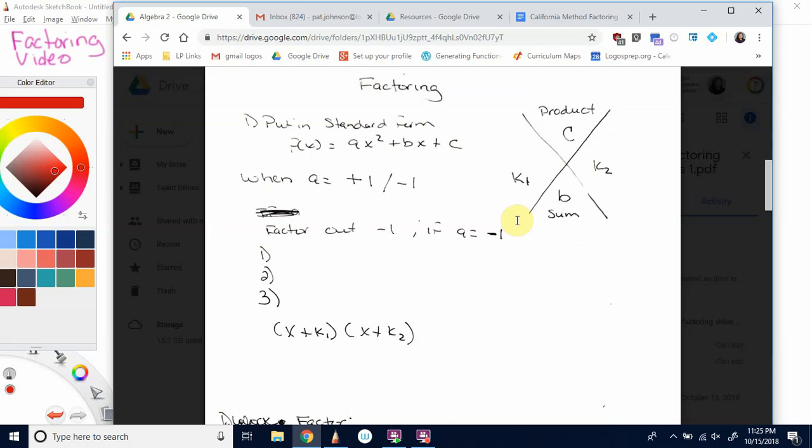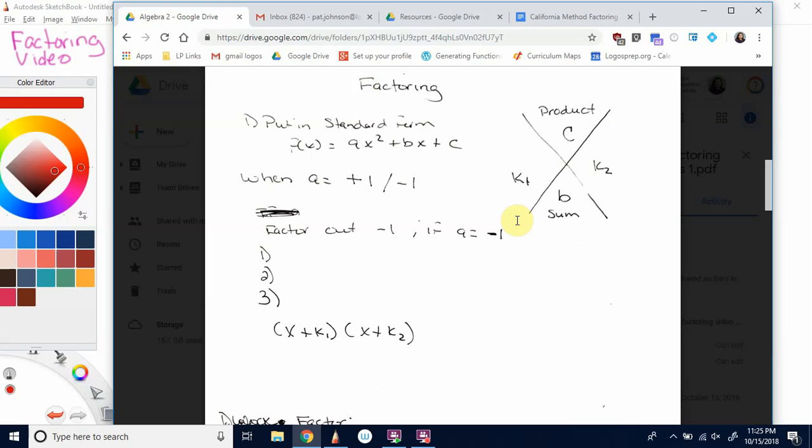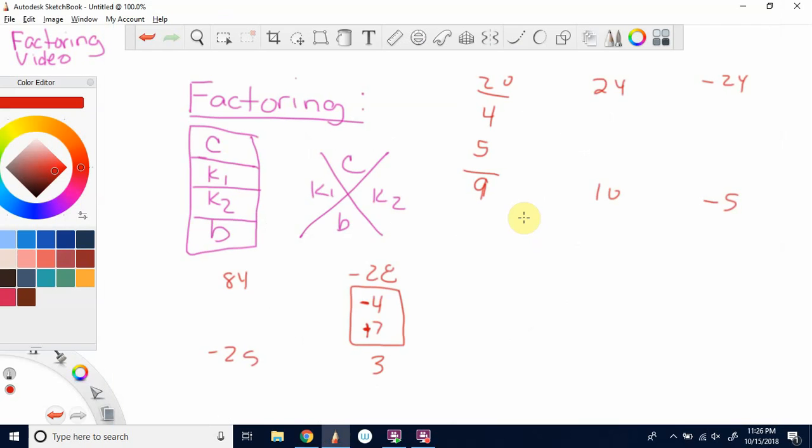So remember, the product of K1 and K2 has to equal C. The sum of K1 plus K2 has to equal B. So if you didn't write that down earlier, make sure you write it down now. Now when A is 1, we proceed directly to here. Okay, if A is not 1, you must factor out, for example,